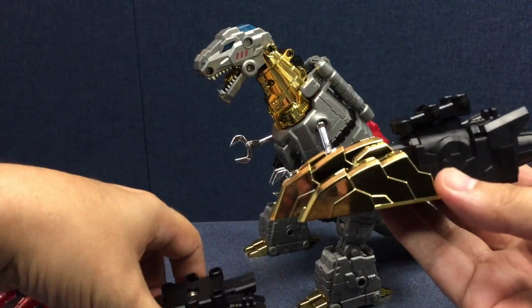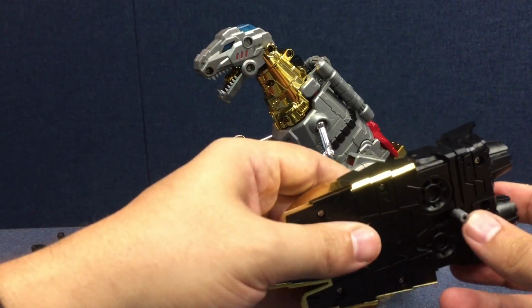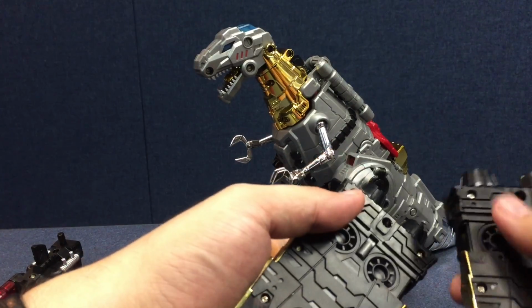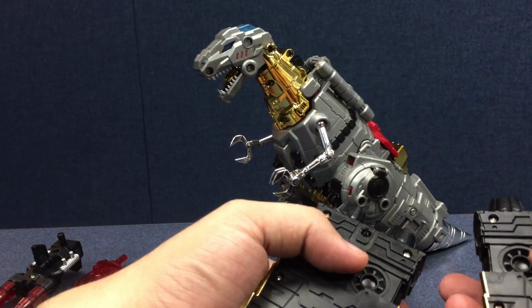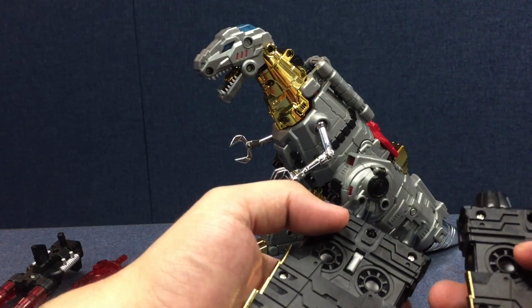And they're kind of neat looking golden clawed feet. Again, there's a peg here. You can kind of see there's some thrusters underneath. A peg here underneath these. I'm not sure what those pegs are for. I guess maybe you can peg them into Grimlock, use them as armor for Grimlock when he's in robot mode. But I don't think they're intended to be carried on the